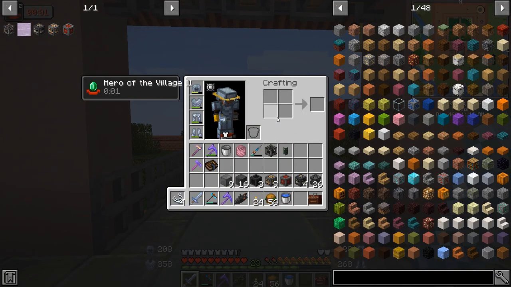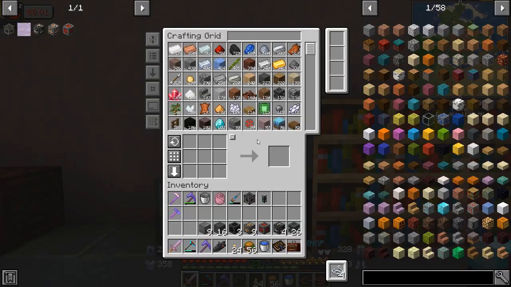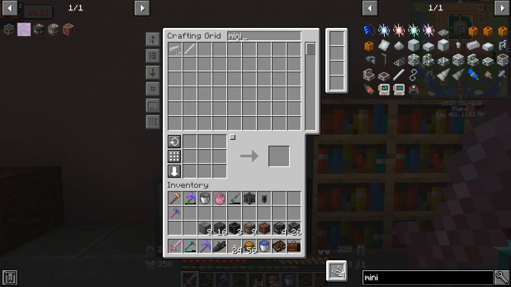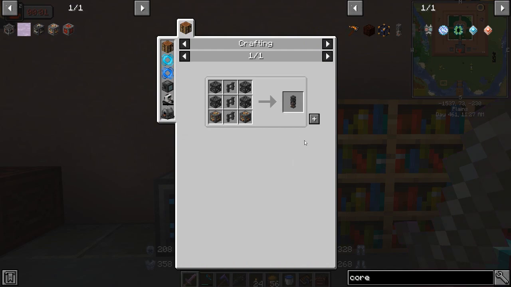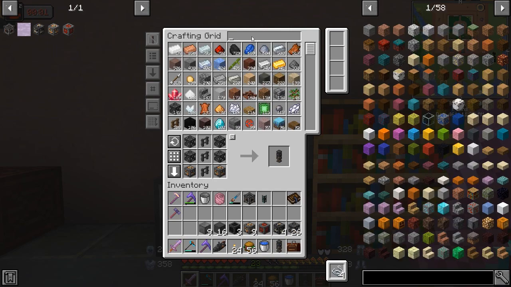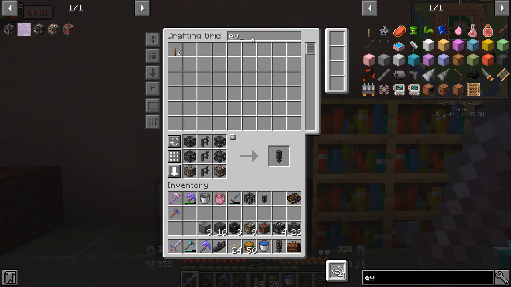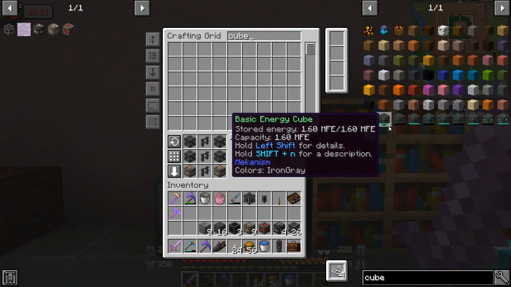So what I'm going to do today is show you the Excavator, because I love the Excavator. Now, one of the other things we are going to need with this is a mining core drill sample. Core drill sample. That thing right there. Do we have that? No. Okay, I thought we had that, but I guess not. So we only need one of these guys. It will require a little bit of power. So we're going to also need a lever. And I'm going to go ahead and make a cube real fast, and I have a